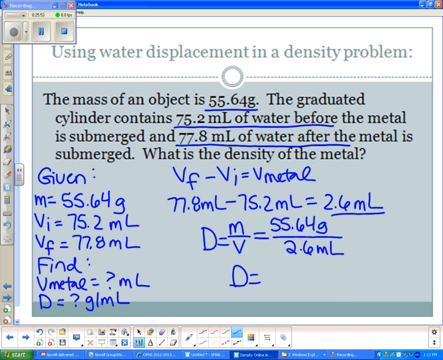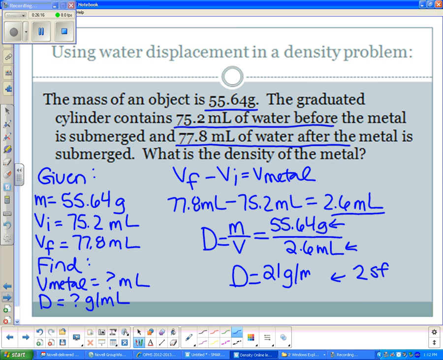Don't forget to look at sig figs again. 4 sig figs here, 2 sig figs there. How many can we have in our answer? 2 sig figs. Do our division step on that, and we will end up with 21